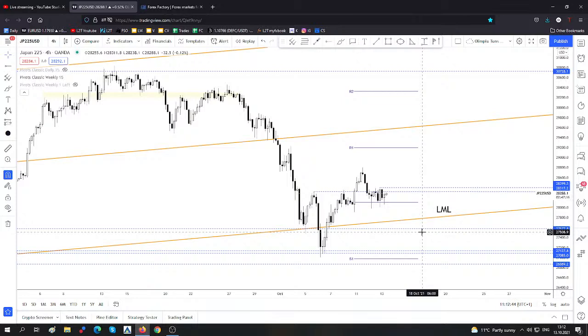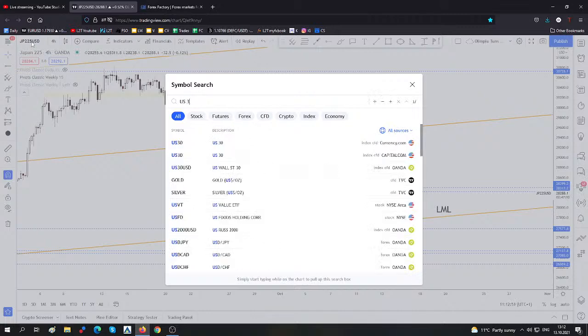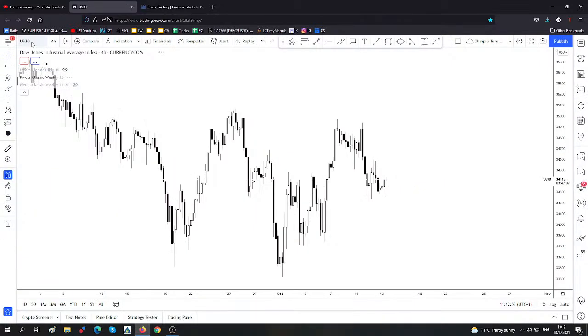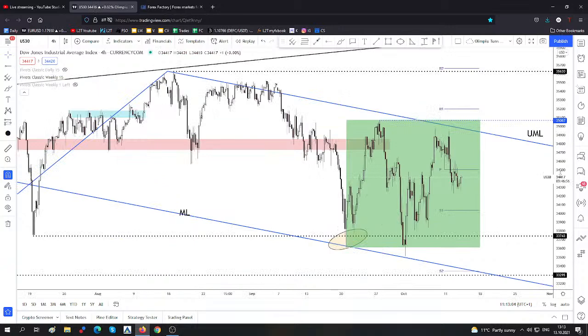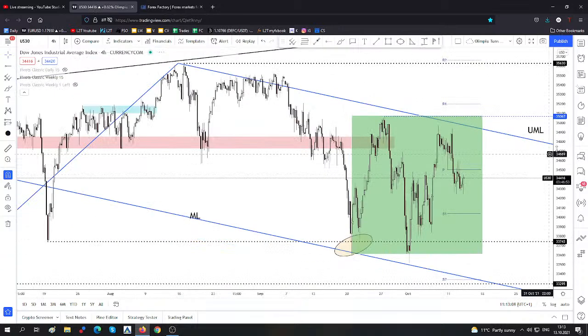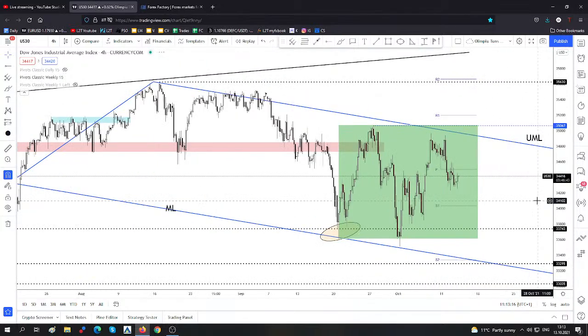Jack, Troy, have you done US dollar, US 30, the Dow Jones? No, let's take a look on that market, and then we'll take a look on the British pound versus the Japanese yen, on the Canadian dollar versus the Japanese yen, on the British pound versus the Swiss franc. I will try to answer all your questions, guys, but please, I will be here more than 1 hour. Jack, Troy, Dow Jones Industrial Average US 30, it moves sideways, and I will stay away maybe